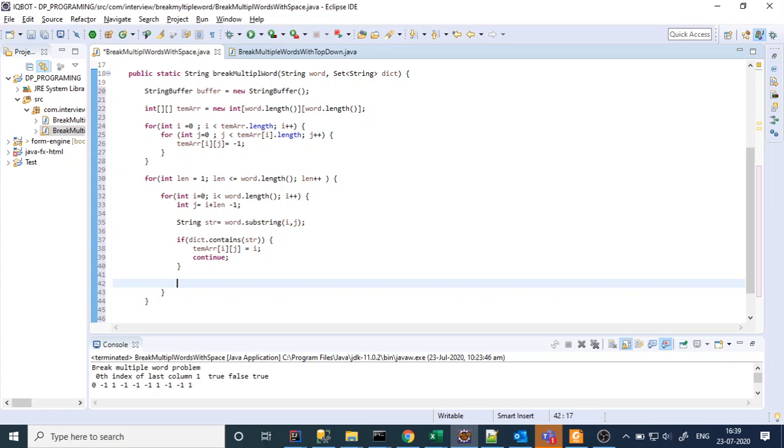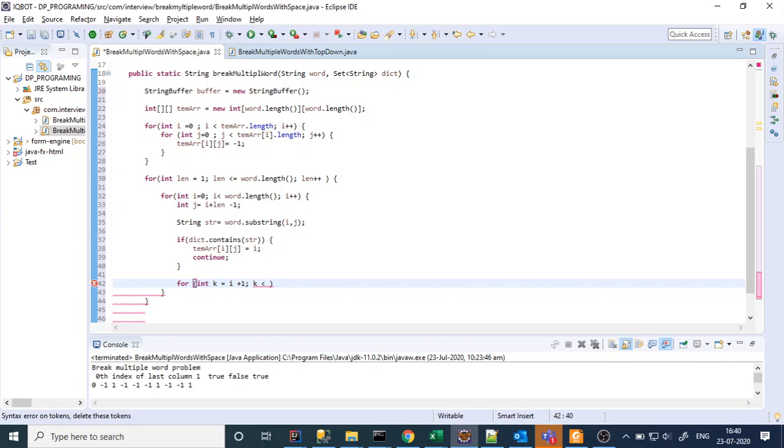So for that, basically, we have to track recursively. This is called backtracking basically. In the programming world, this is called backtracking.